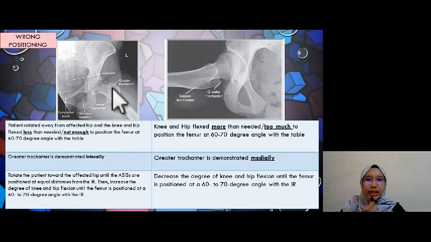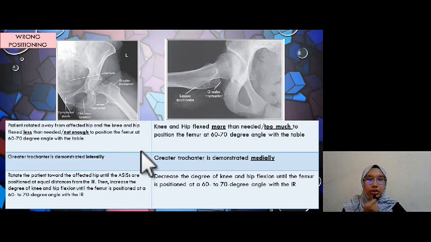Why do I say this is wrong positioning? The patient is rotated away from the affected hip, and the knee and hip are flexed less than needed to position the femur at a 60 to 70 degree angle with the table. So it results in the greater trochanter being demonstrated laterally. To improve this, rotate the patient toward the affected hip until the ASIS are positioned at equal distance from the IR. Then increase the degree of knee and hip flexion until the femur is positioned at a 60 to 70 degree angle